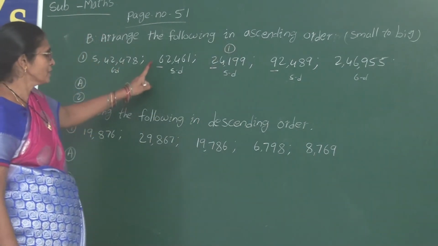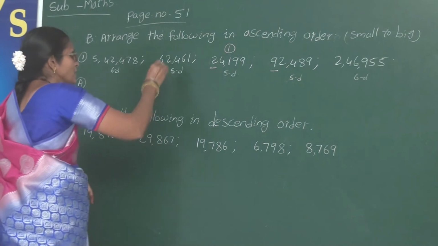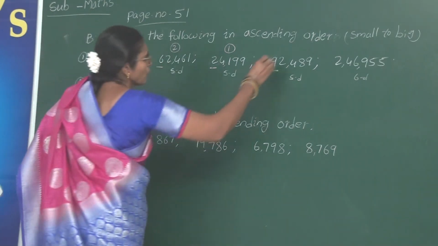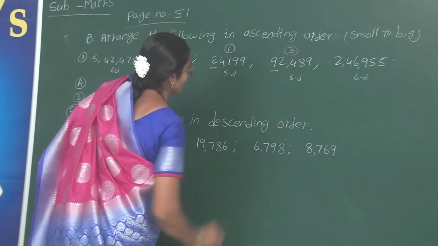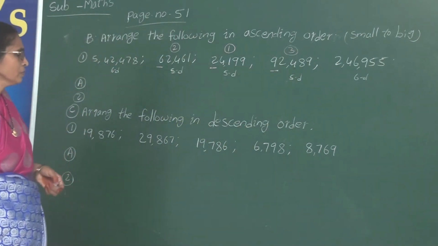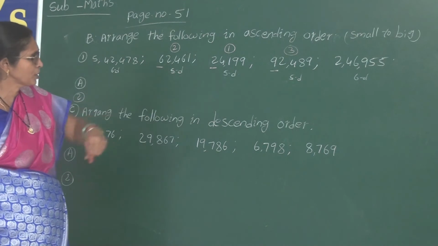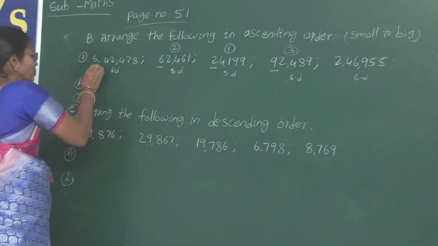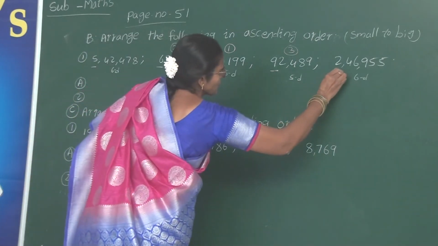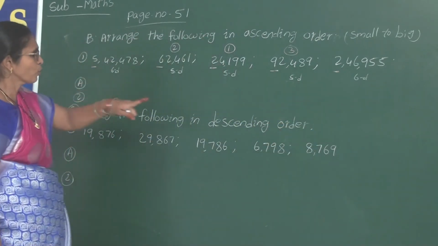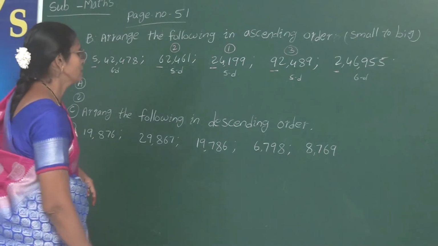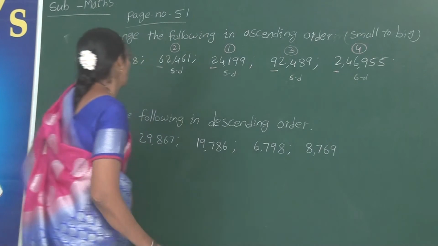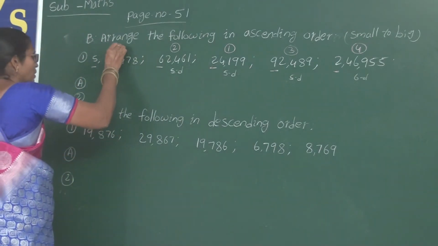And out of this 6 and 9, yes, 6 is the smallest one. That's why this one comes in the second place. Automatically this is in third place. Next, in these two 6-digit numbers, which is the smallest one? Here the last digit is 2, here it is 5. Out of 2 and 5, which is the smallest one? This is the smallest one. This one will come under fourth place, and this is the last place.